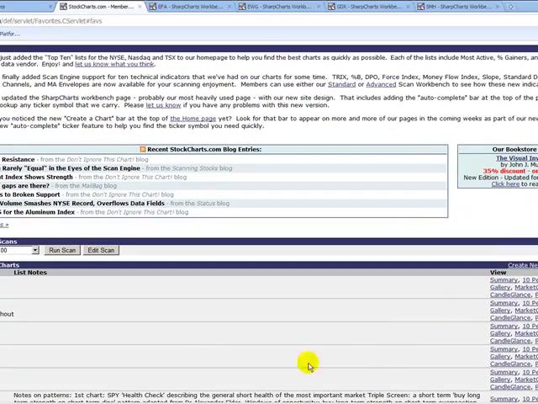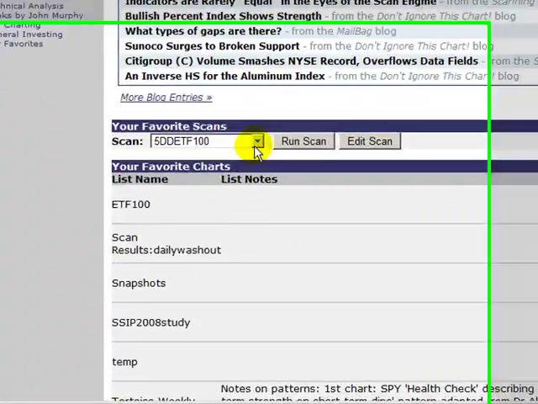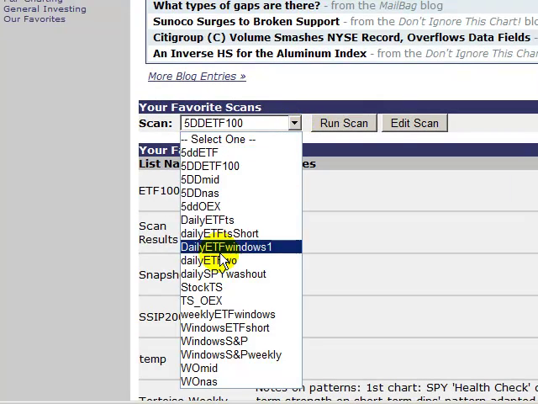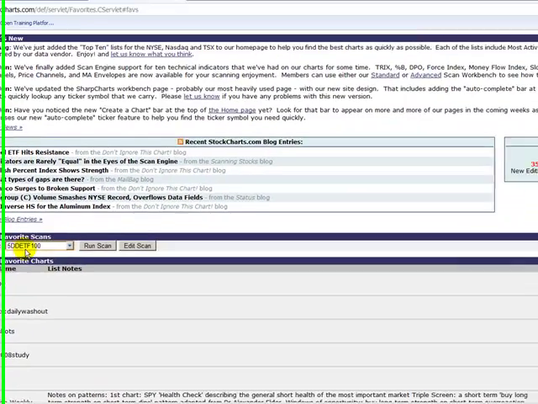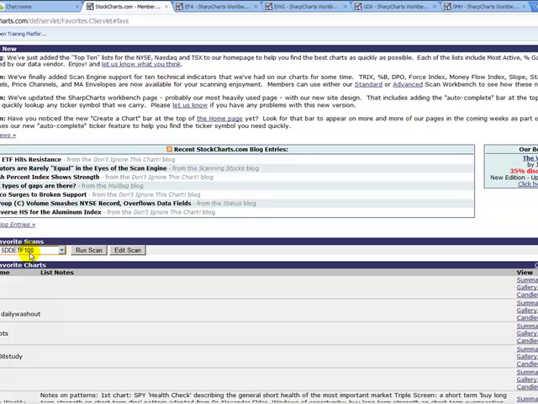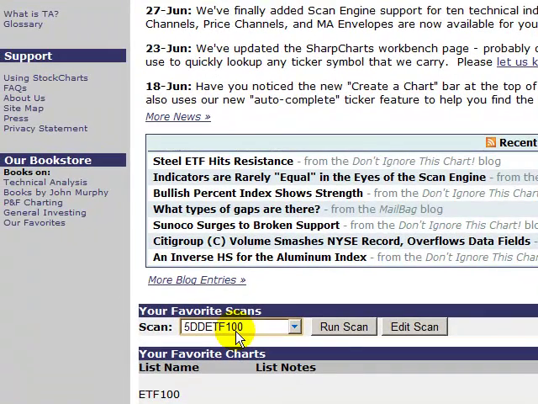So I'm logged into stock charts, and as you can see here, I've selected my favorites, one of my favorite scans. These are all different defined scans. And I'm going to take a look at the 5-day down pattern for the ETF 100, meaning it's one of the 100 most liquid ETFs on a basis of an average 30-day daily dollar volume, and they've all been down 5 days in a row. So when I run the scan,